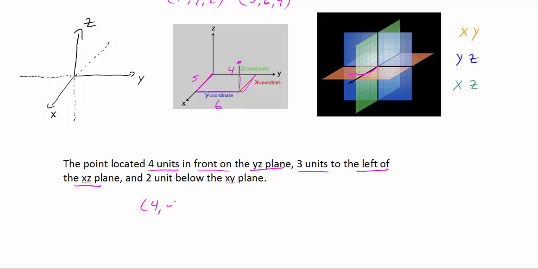So that's a negative 3, and that's your Y coordinate. And then we're going 2 units below the XY plane. And if we're going below, that's our Z value, and it's going below or down. So therefore, that would be a negative 2. So to get to this point here, we would be 4, negative 3, negative 2, and that would be located